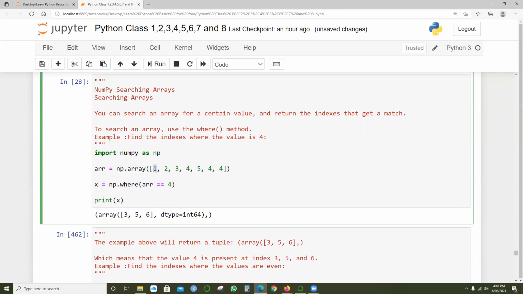Here you need to look for the indexes. Find the indexes where the value 4 is. If we highlight the 4 over here: 0th index, first index, second index, third index. The third index is 4.